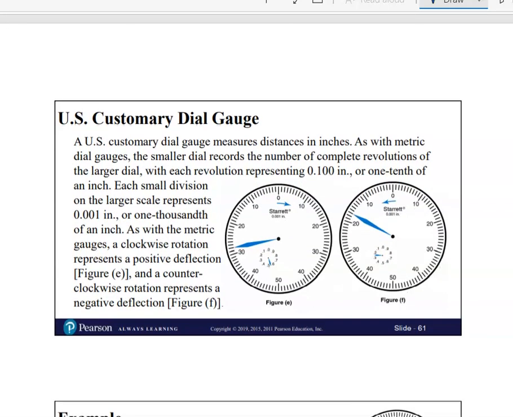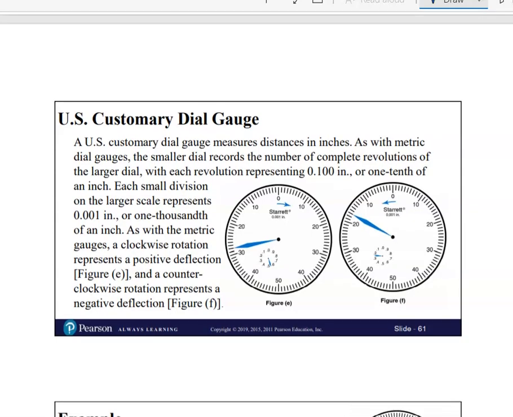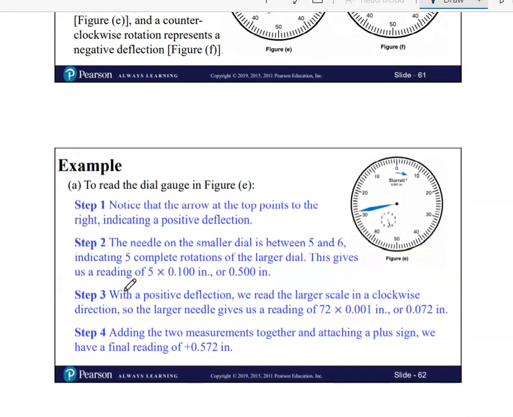A U.S. customary dial gauge measures distances in inches. As with metric dial gauges, the smaller dial records the number of complete revolutions of the larger dial, with each revolution representing 0.1 inch or 1/10 of an inch. Each small division on the larger scale represents 1/1000th of an inch. As with the metric gauges, a clockwise rotation represents a positive deflection, and a counterclockwise rotation is going to be a negative deflection. So if we want to read this gauge, this figure E, we want to notice the arrow at